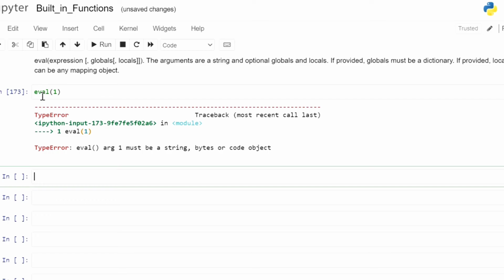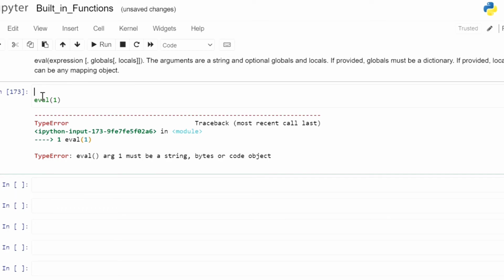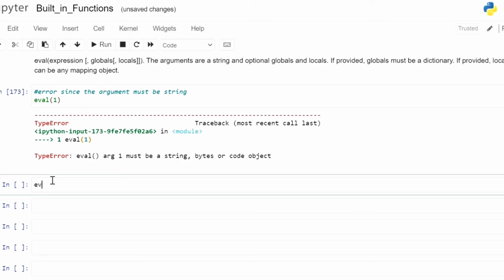So we can write here a comment: error, since the argument must be a string. Okay, now what if we give evaluate of "1"? This time it is a string, so